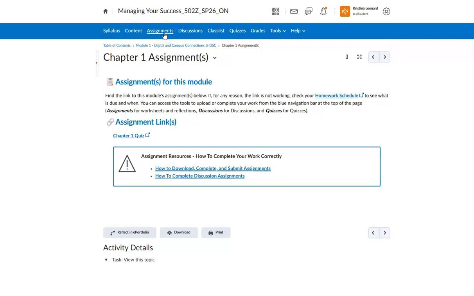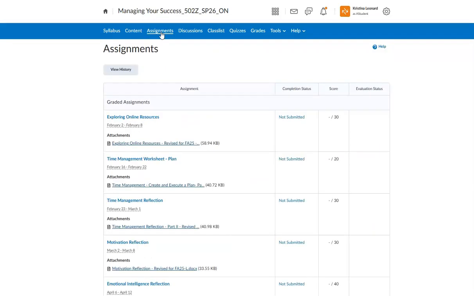Next, you'll see that there are links for assignments, discussions, and quizzes, and that's how you can access those specific types of assignments. Now again, you'll see it here on the assignment page, there's a link, but let's say that link is not working for some reason. You can still access the information from the direct link at the top. So assignments is used for reflections and worksheets, discussions for discussions, and quizzes for quizzes. So just again, a quick glance at assignments.